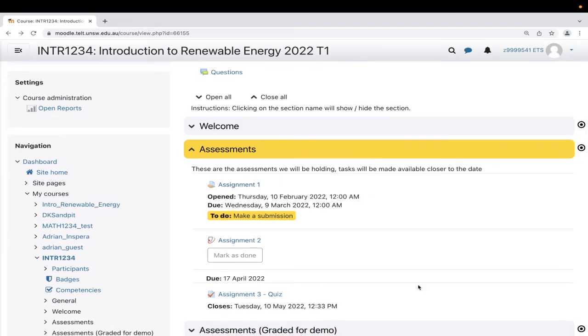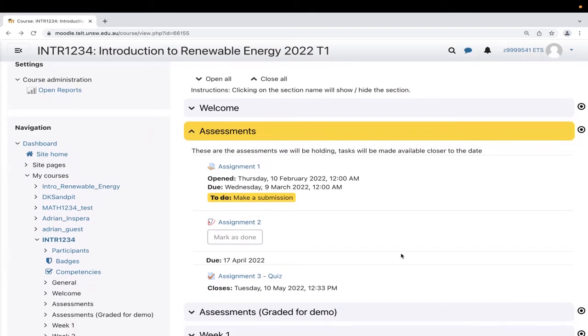So I don't know if you've heard about them, but I'll give you some names because they will crop up every so often. But you get things like the assignment, or more popularly, you get things such as Turnitin, which allows you to do these sort of similarity checks on your documents to make sure you haven't copied content from other places. So it looks like this. And you might also get things like quizzes over here, which, as its name implies, is just an online quiz that you have to answer questions within.